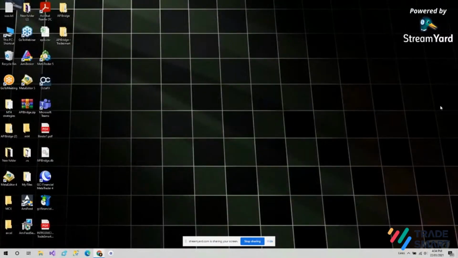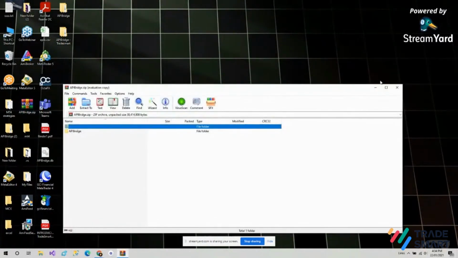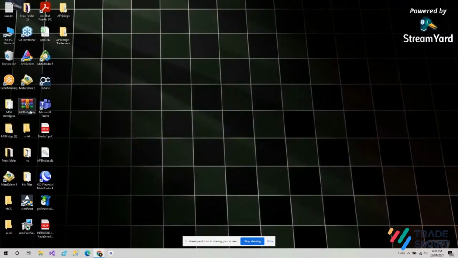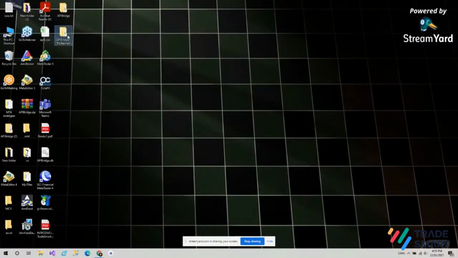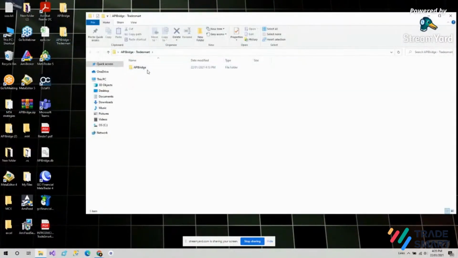When you will download it, a zip file like this will appear. Then what you'll have to do is, you'll have to extract it, either extract files or extract to API Bridge, and then a folder like this will appear.